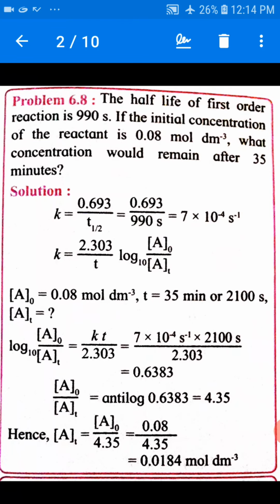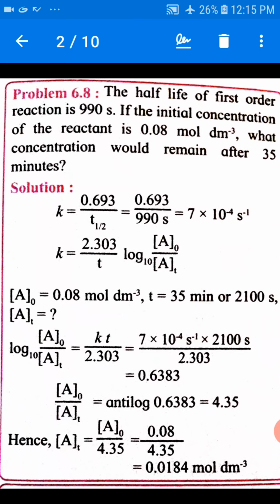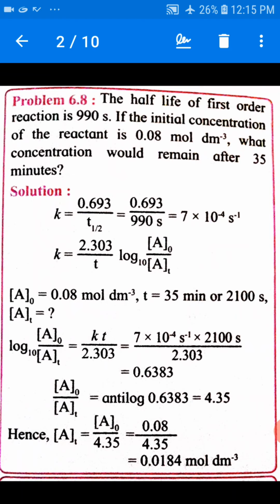Here are the examples based on first order reaction and half-life. The example is, the half-life of a first order reaction is 990 seconds. If the initial concentration of reactant is 0.08 mole per dm cube, what concentration would remain after 35 minutes? Here k, that is the rate constant, equal to 0.693 upon t half, which is equal to